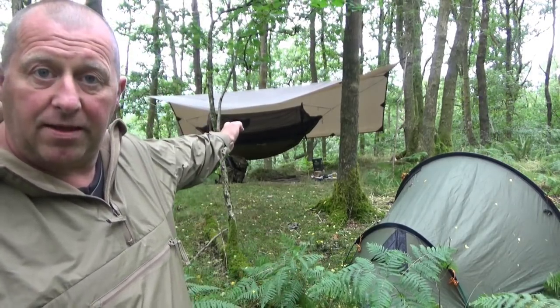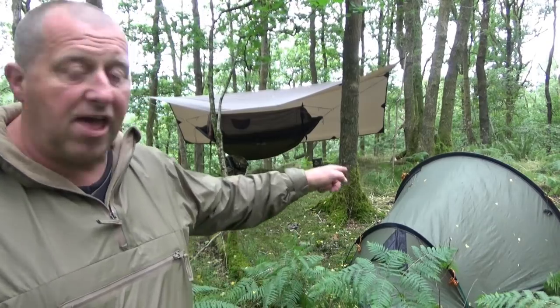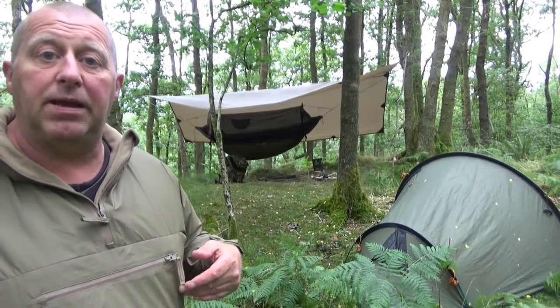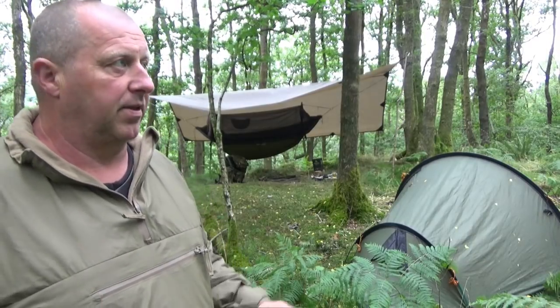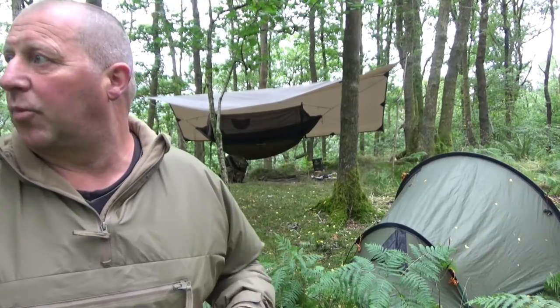That's for you up there. If you want to experience more of the woods and the countryside that you live in, that's what you need, one of those. They're fantastic for a particular purpose, but they are fantastic for being out in the woods and enjoying it for what it is. That'll give you a good night's kip. That creates an environment. They're two different worlds. I have seen many